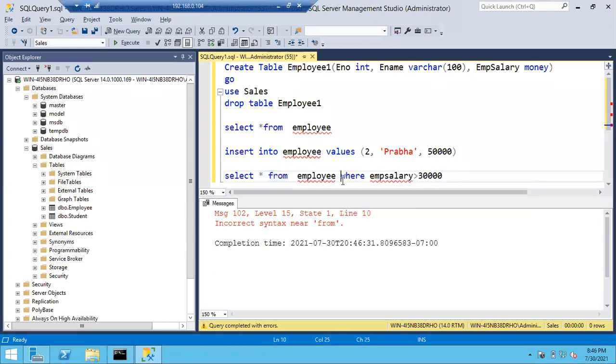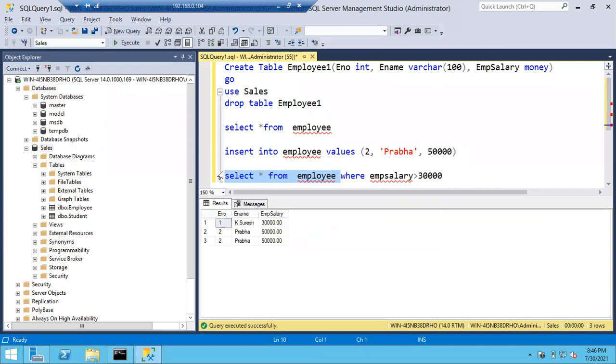In case there is a meaning for the selection, it executes. Here it is giving 3 records: 30,000, 50,000, 50,000. But if you select the whole query, it will give only 2 records, 50,000 and 50,000, because we gave the condition like this.